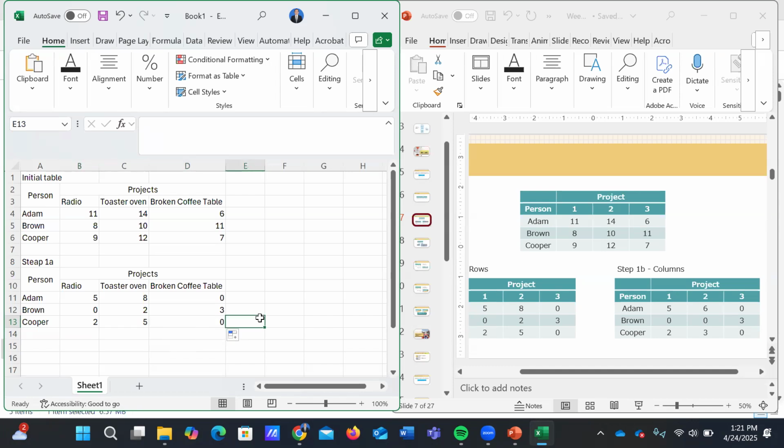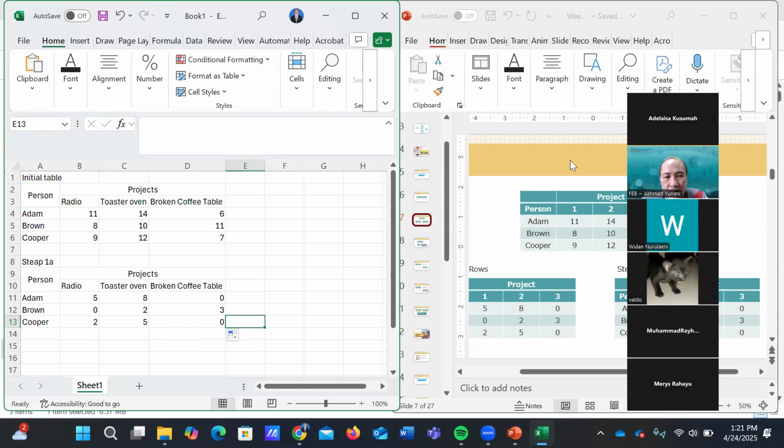Sorry, sir, I'd like to ask how to make it absolute. To make it absolute, just put your cursor here. We will subtract this value with this cell. Then put your cursor here and press F4 on your keyboard.